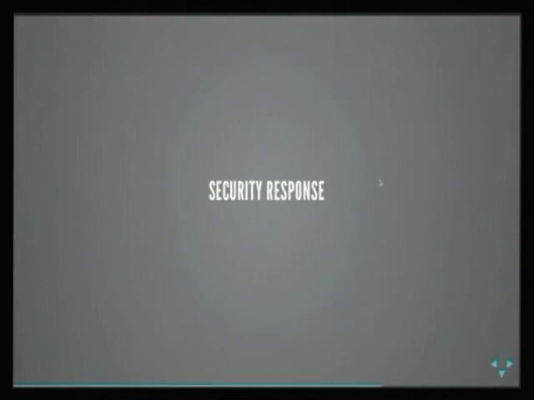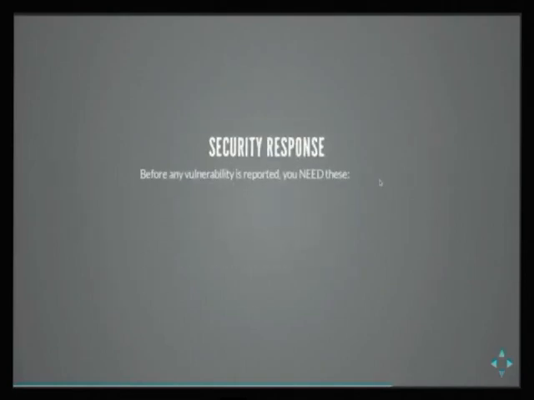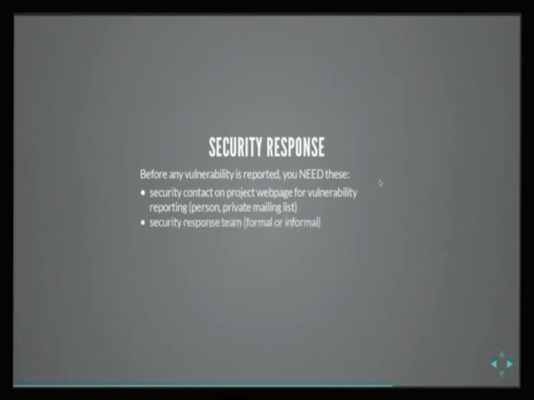Now the tricky part is security response for open source projects. Before you release your project, I suggest you need a few things. At the very least, you need a security contact on your project webpage, where users can report vulnerabilities. This was actually one of the questions on Zaifa's talk, so that's quite a common problem. And you need a security response team.